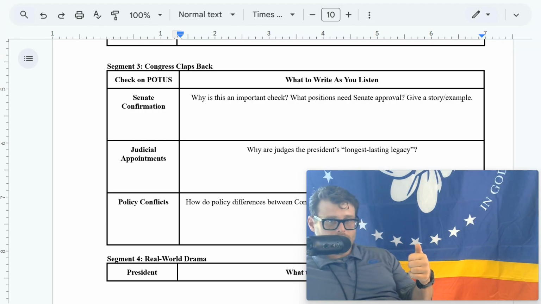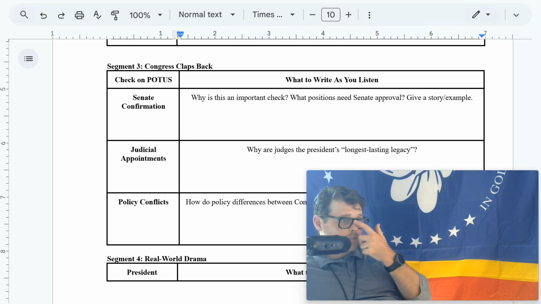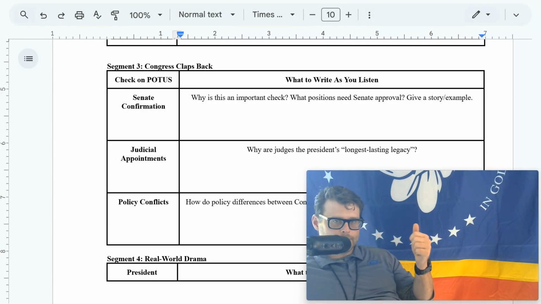All right, segment 5, AP Gold. All right, AP exam mode, lock this in. Formal powers: veto powers, and that includes pocket veto. Commander-in-chief of the military powers, and the right to negotiate treaties. Not approve them, but to negotiate them.